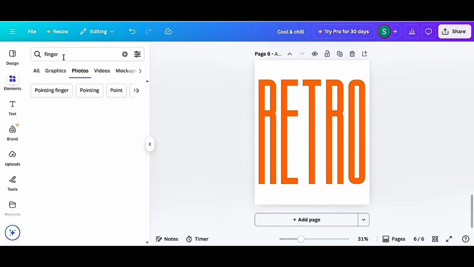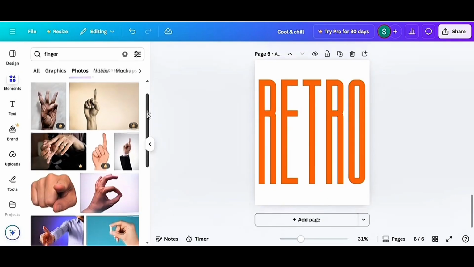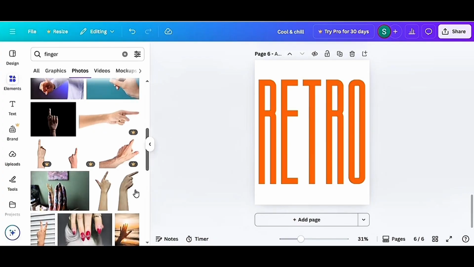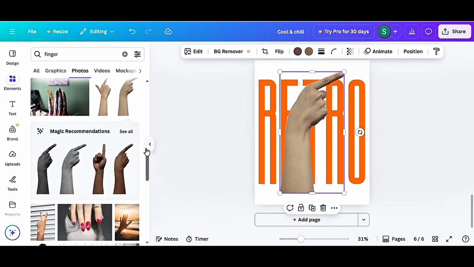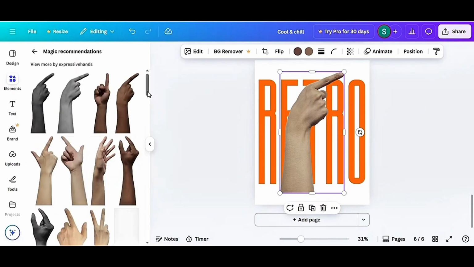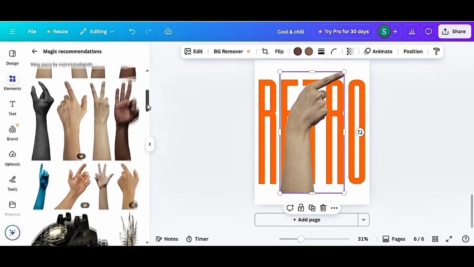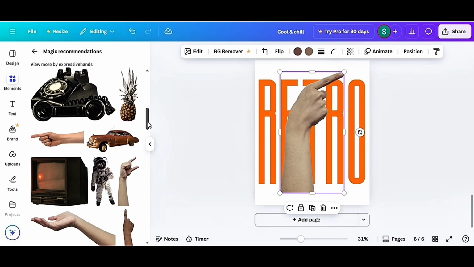Now go to Elements and search for finger. It will give variety of fingers for you on the free version. How amazingly you can create absolutely mindful designs on even Canva free. It's very cool, right? Stay tuned to explore more magic from Canva without paying a single dollar for pro version